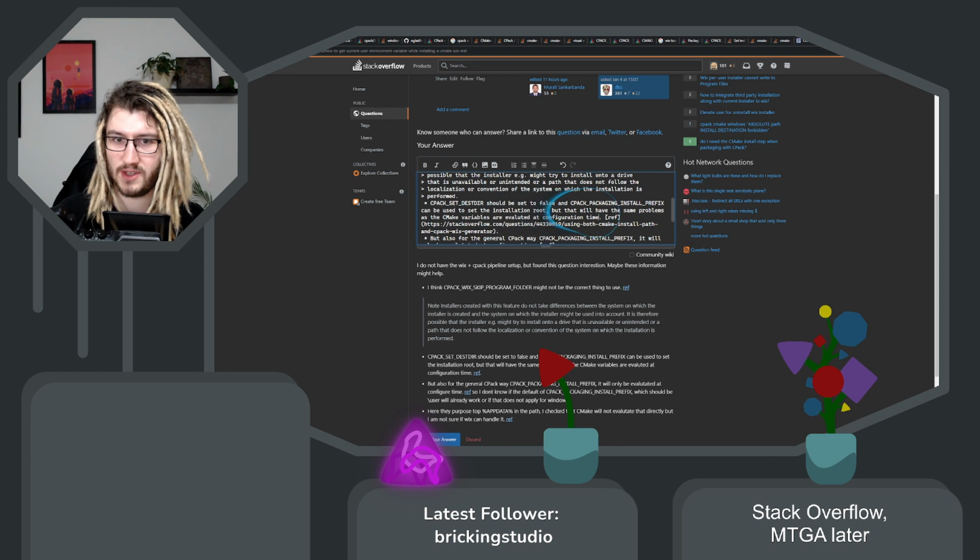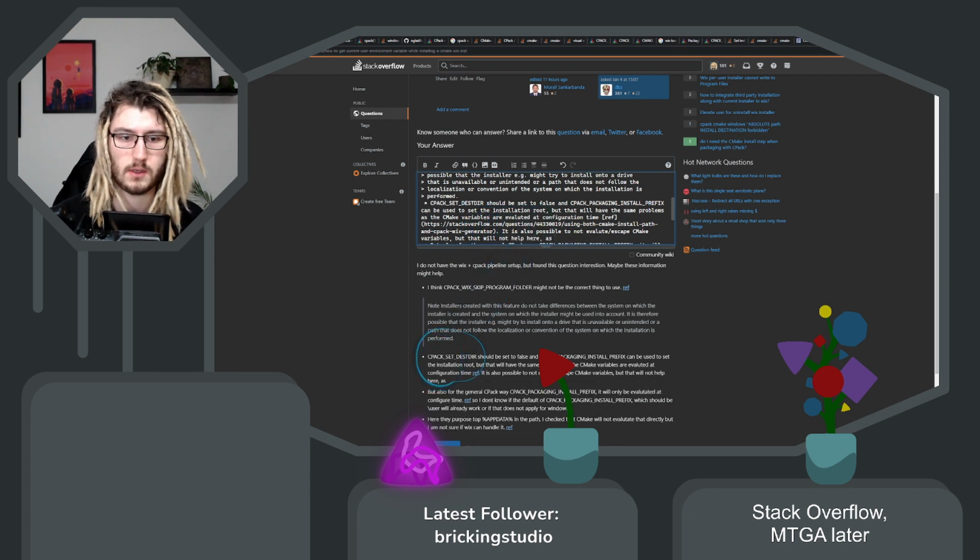Please give me the point at evaluation time. It is also possible to not evaluate, to escape CMake variables, but that will not help here, as